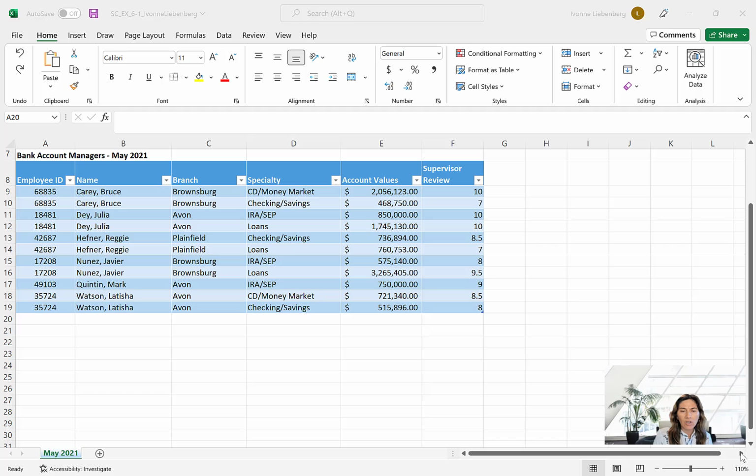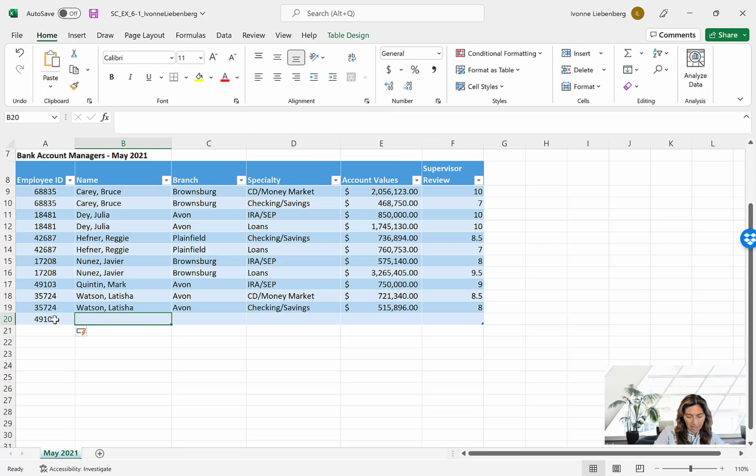So if we enter any information in an adjacent row or column to one of the existing columns or rows in the table, Excel will assume that we just want to add those fields to our table, and therefore it will assign the same format that we've given to the rest of the table to the new fields or records. So let's go ahead and select cell A20. And we're going to start entering the new entries below. We have 3 new rows that we want to enter. As I move from one cell to another one, I'm just going to press the Tab key. So we want to start with